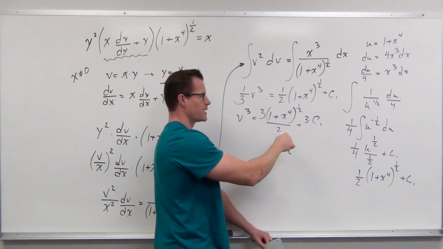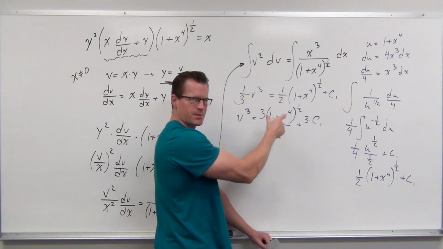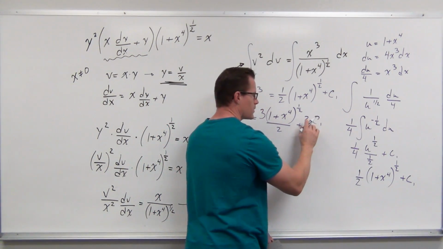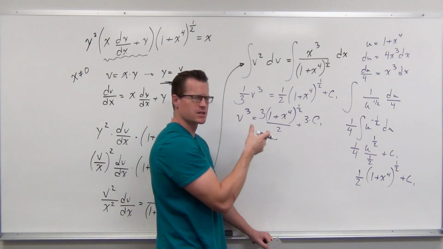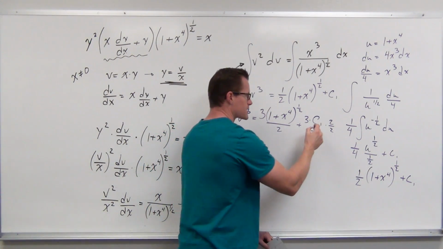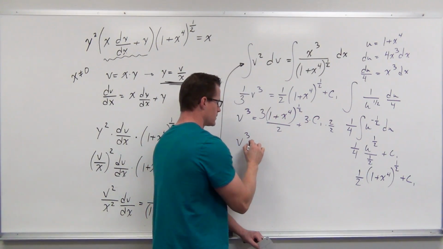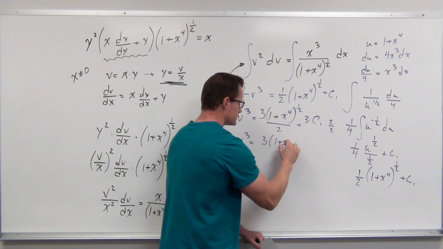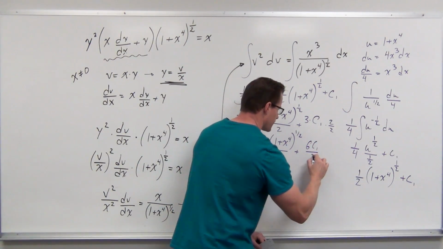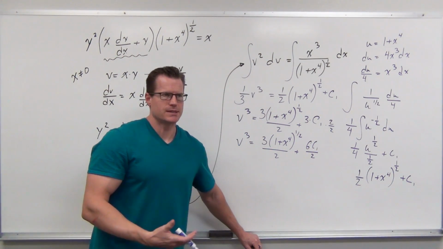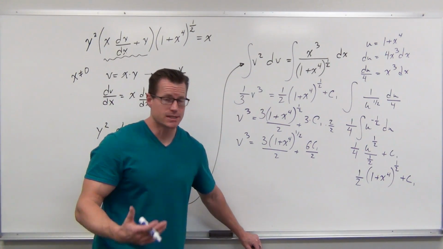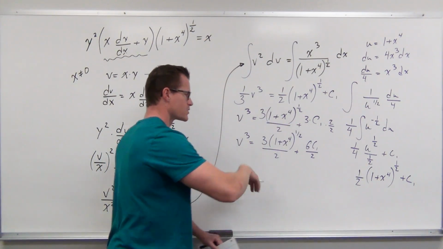I'm going to wrap this up as a c, but I also am seeing this fraction. Maybe I want to write this as one fraction. So here's another thing that we can do. If we put this over 2, with a common denominator of 2, wouldn't I have to multiply by 2 over 2? Yeah. So I would get this 6 c sub 1 over 2. The point is, I don't care whether it's 3 c sub 1 or 6 c sub 1 or 6 million c sub 1. It's still arbitrary. It does not matter what that is. And so when we write this as one fraction,